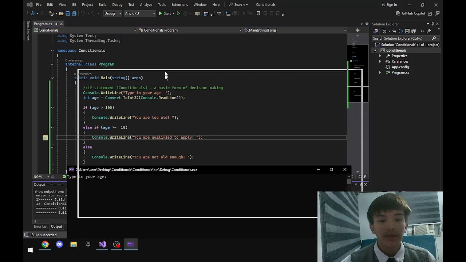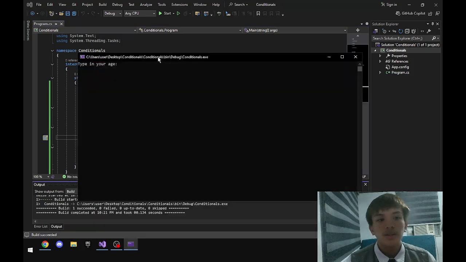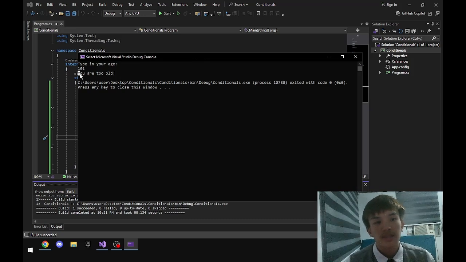So now that we corrected our code, once we type 100, 101, the program will tell us that we are too old.